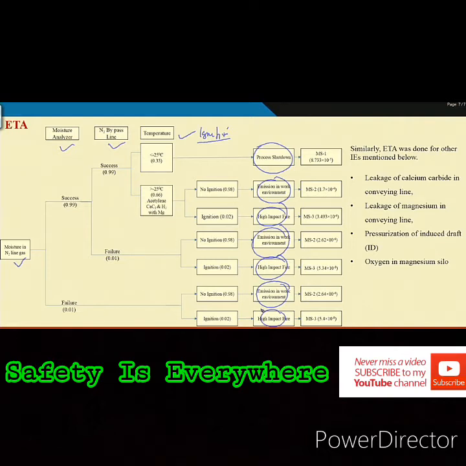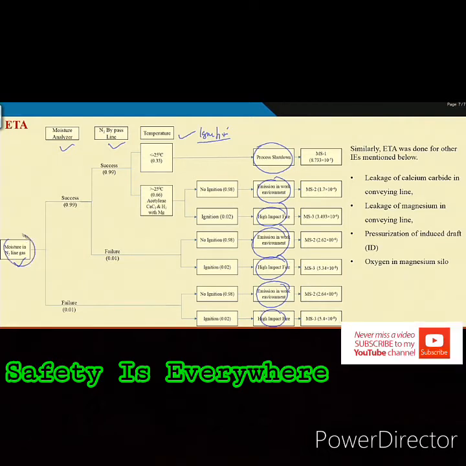Resultant this, and then we know the probability or the frequency, you know, what are the scenarios of this. This probability value I have not put here, but we have computed it. So, then ultimately we found out what is going to happen in the different scenarios. So, that is this inventory with reference to moisture in nitrogen line gas.